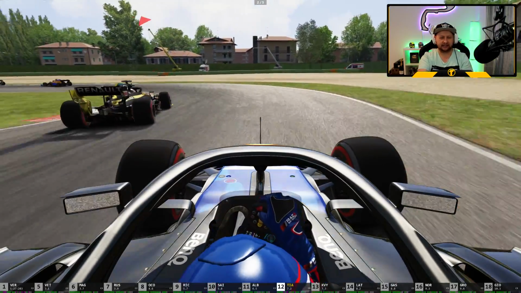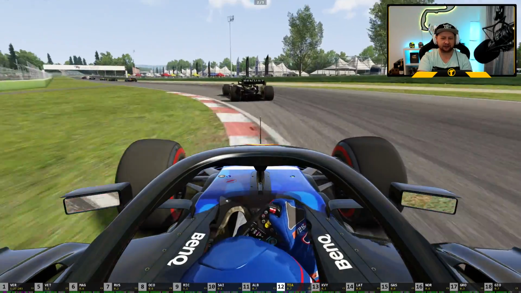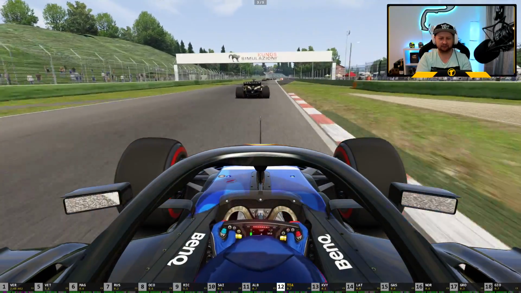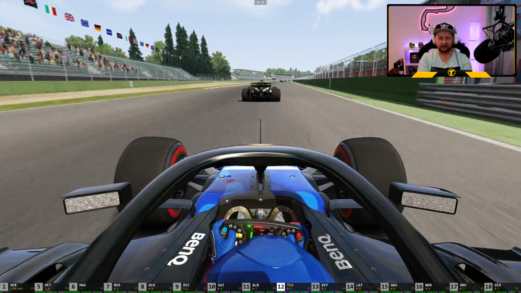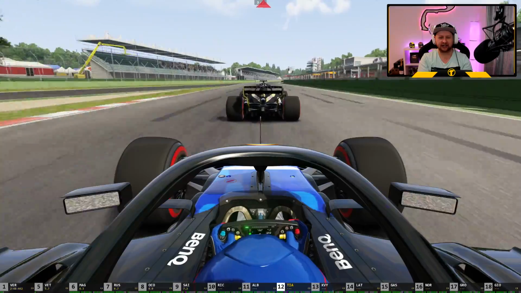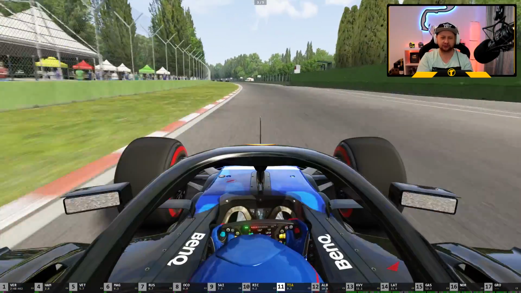We've got the straight coming up with DRS. We're a lot faster in a straight line relative to those we've overtaken so far. So I'm going to bide my time. I'll be patient. Open the DRS. Here we go. Nice, safe overtake. We're getting through the laps now, so we need to progress through the field a little bit